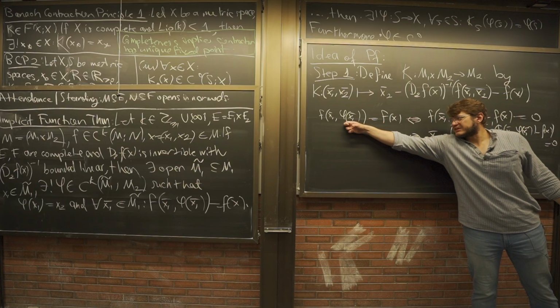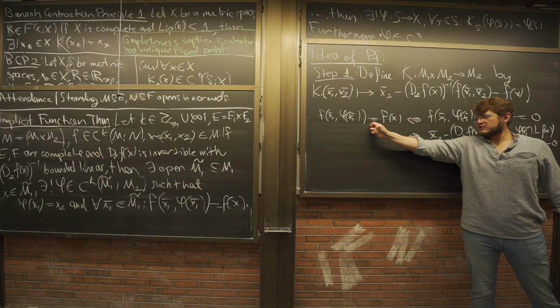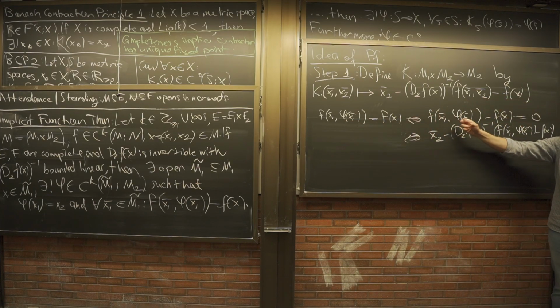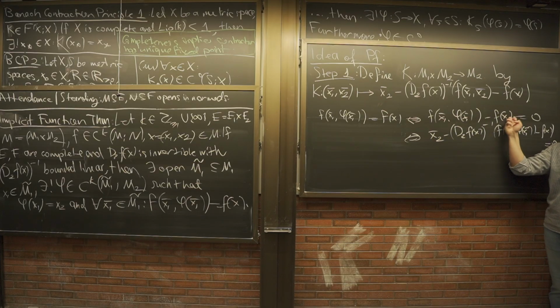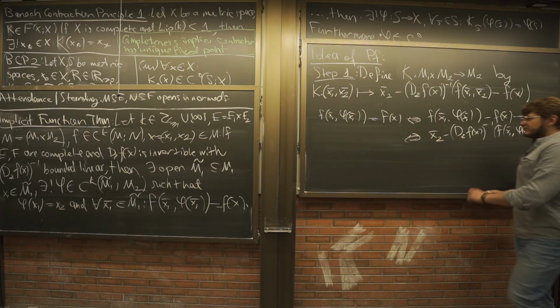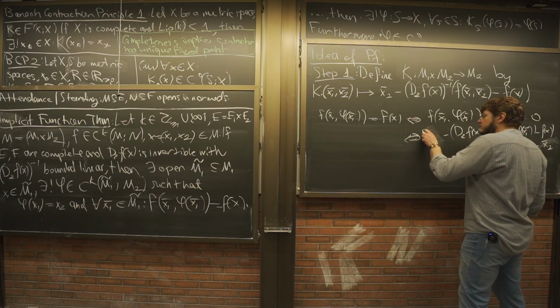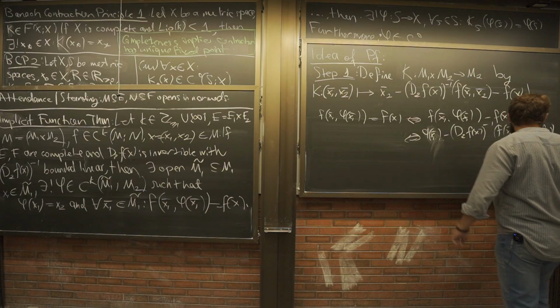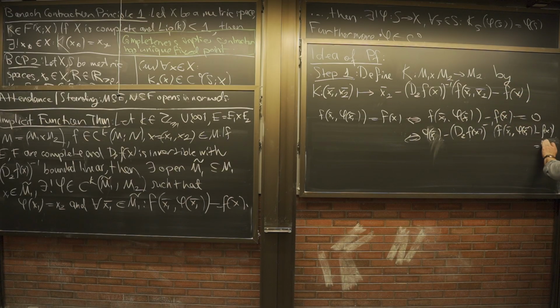Phi is something I want, right? It solves this problem if and only if the difference is 0. If this vector is 0, if I were to apply a linear transformation to it, it's still going to be 0. And this is going to be equal to x2 bar. But then this means, and of course, x2 bar should be phi of x1 bar. This means, because this side is K,